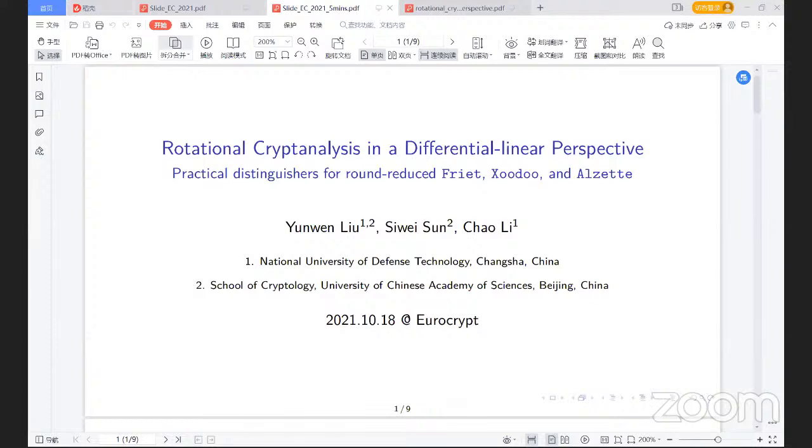In this study, our focus is on differential-linear analysis, and we are interested in two questions: how to extend the framework of differential analysis and how to compute the differential-linear probability with improved accuracy. So what we do in this paper is to generalize the differential. So we propose